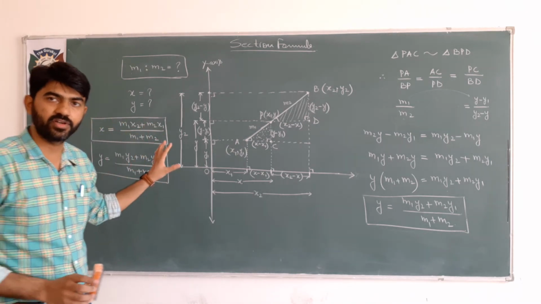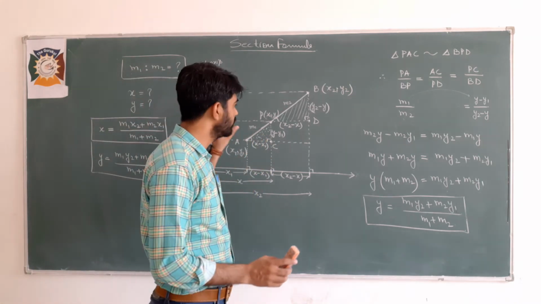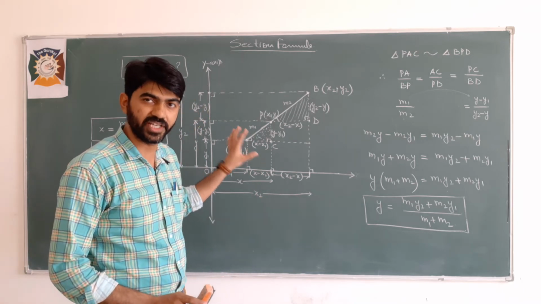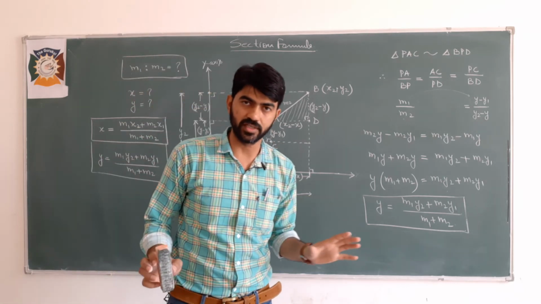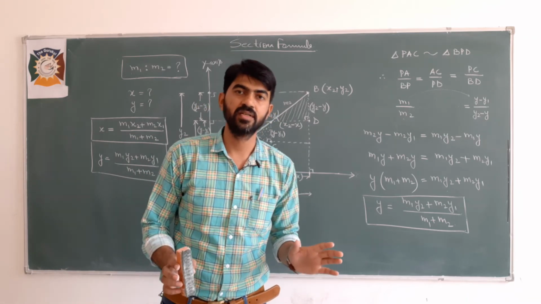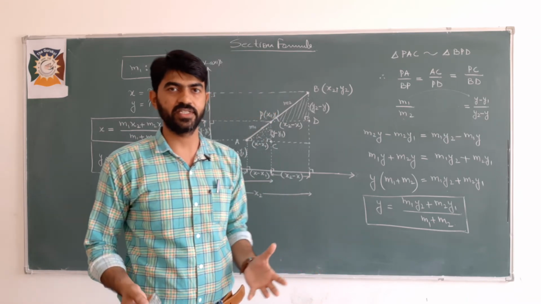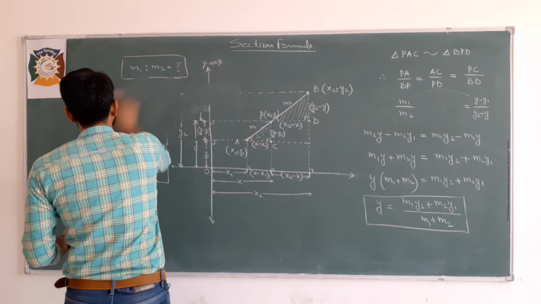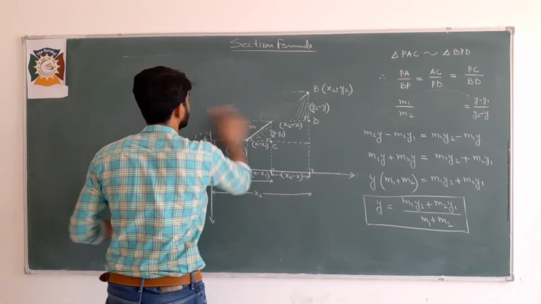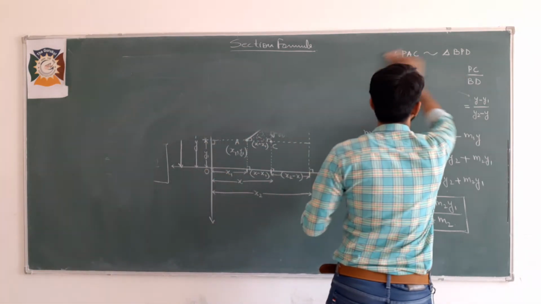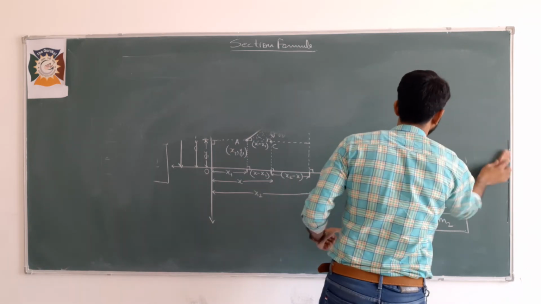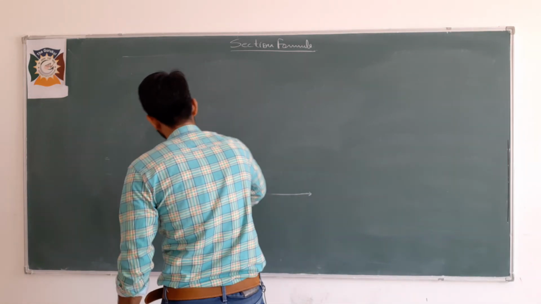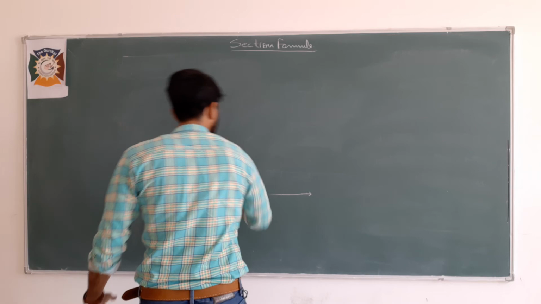This is the derivation of this section formula, and now I am going to write this formula in a simple way, okay. This is the complete derivation, but this derivation is not in our syllabus of CBSE 10th class, but still we do it so that we can understand why this formula comes and from where, okay. So now I am going to write this formula in a simple way so that you can learn it, and then we can use this formula to solve some questions of exercise 7.2.